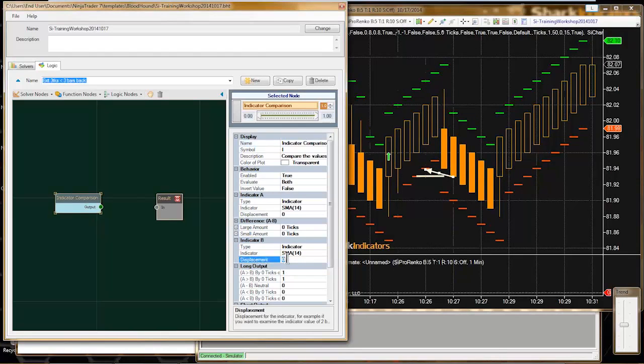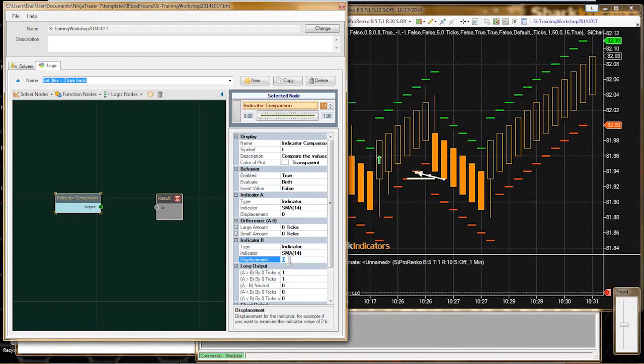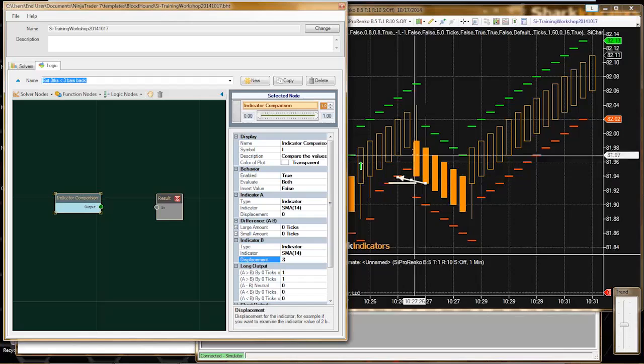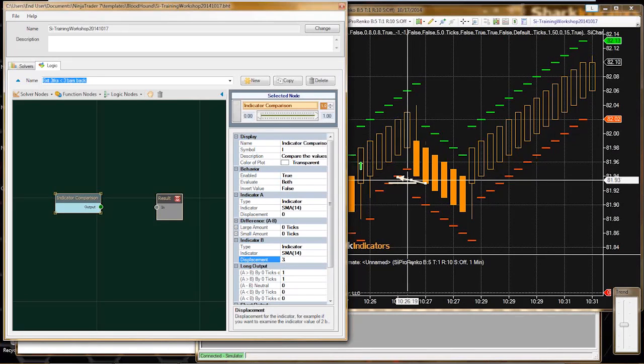I can use this displacement function and set it to 3 bars back to see what Chameleon's values were 3 bars back. However, because the bar's reversed, it's actually